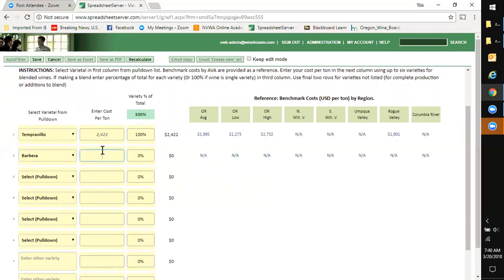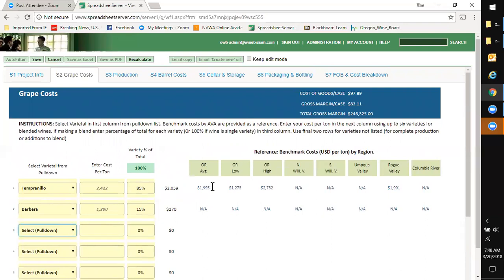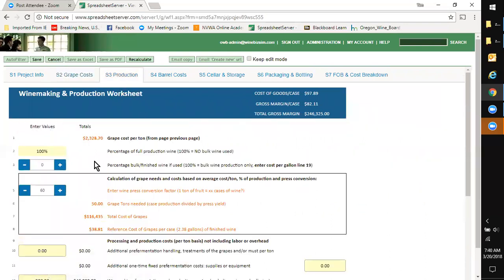I'm just sort of randomly putting in some line here. I would change this. I would then change to whatever my blend would be, and off we go. It'll do all the math for you and plug in those variables. When you then go to the production page, what we're going to do is